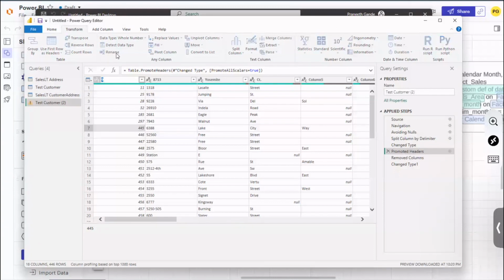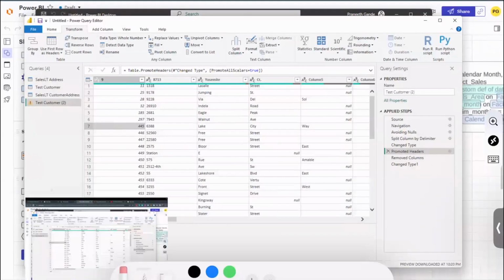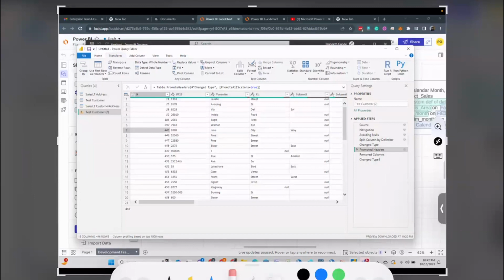Rename is also one of the major things we do. We rename the column names. Okay, that is okay. And pivot a column. So when we are saying pivot, you know pivoting, right? Yes. So when we say pivot, and now regular terminology is